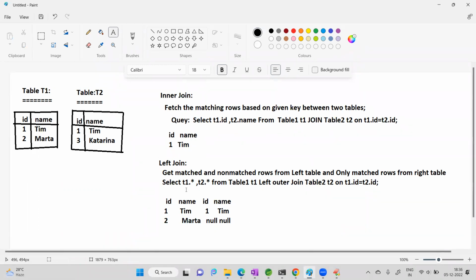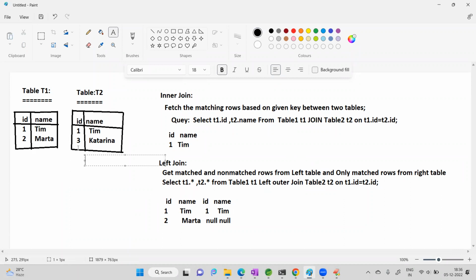Okay, this is the output. Is it clear? Just check here. Condition left join means get the matched and non-matched records from the left table. That means whatever left table you are giving here, left table is table 1. So from table 1 everything will come. But in table 2 only matched records. 1 is matched, that's why 1 team came. But 3 is not matched. That's why in the place of 3, null, null. Okay. This is about